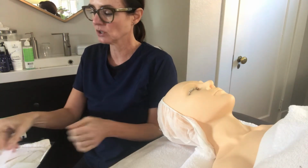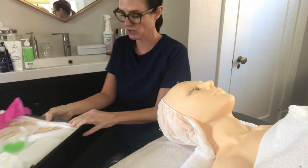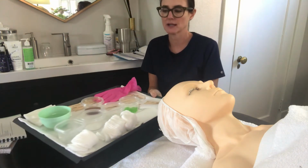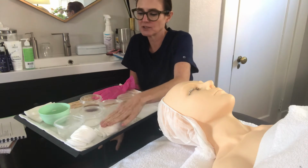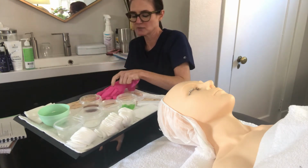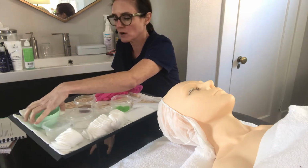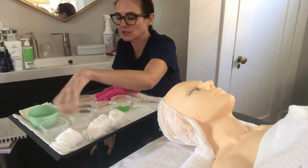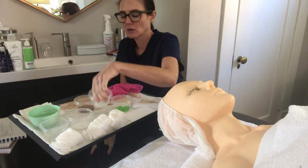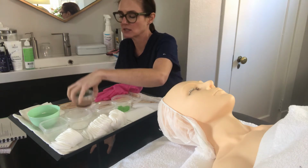But I'm just going to review with you what I have here on my tray, so you'll know how I have prepared for my clients. So I have 2x2s, cotton rounds, 4x4s. Of course, a pair of disposable gloves because we wear gloves for waxing. I've got water, pre-epilation, powder, remove step for the wax remove, and the soothe, the post-epilation. This is my wax,